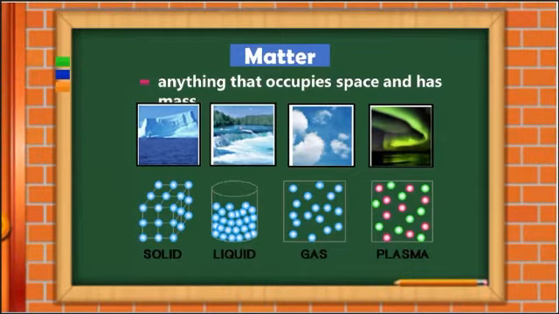I know you are familiar with those 4 already, because way back in your grade school years you already took up solid, liquid, gas, and plasma. But by the way, we have to describe each. When we say solid, as you can observe, the particles are compact, meaning they are close to one another. And then we have liquid.